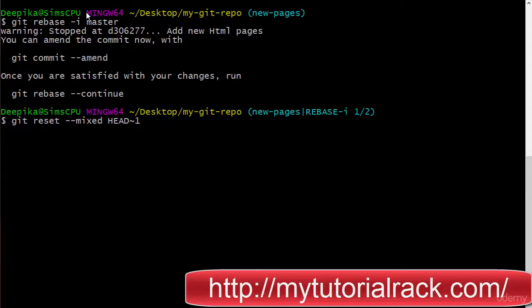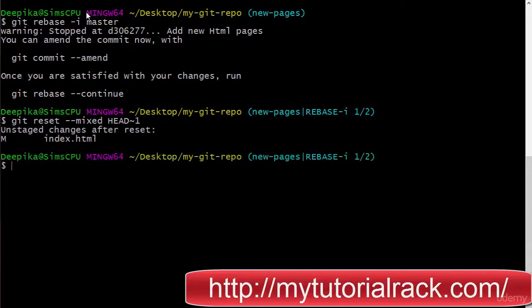Now what we can do is add the red.html and yellow.html files to two different commits instead of one. So what we're going to do here is split the generic commit. Once we enter this command, it tells you about the unstaged changes after the reset. Now if you look at git log